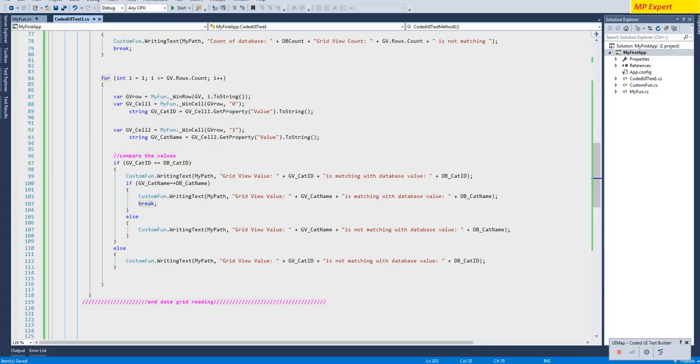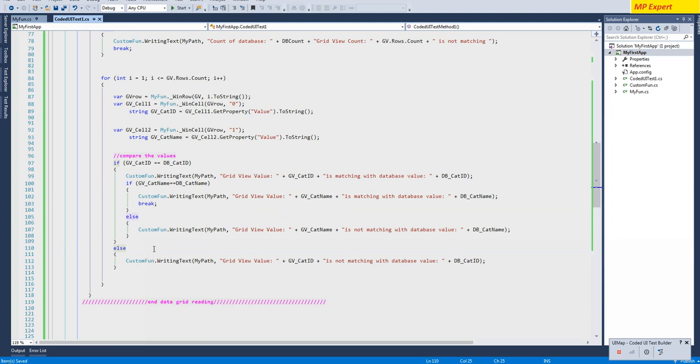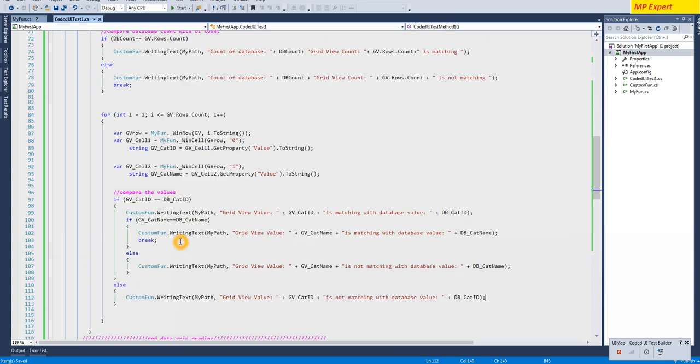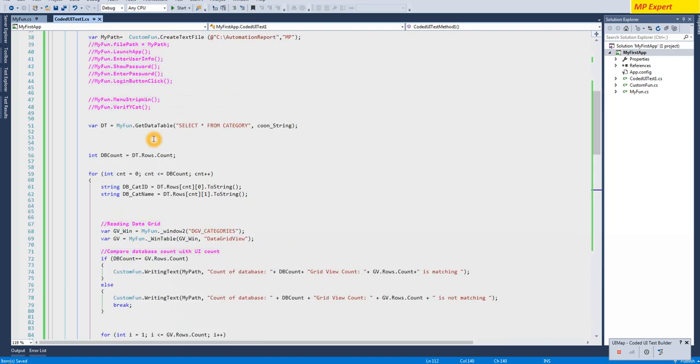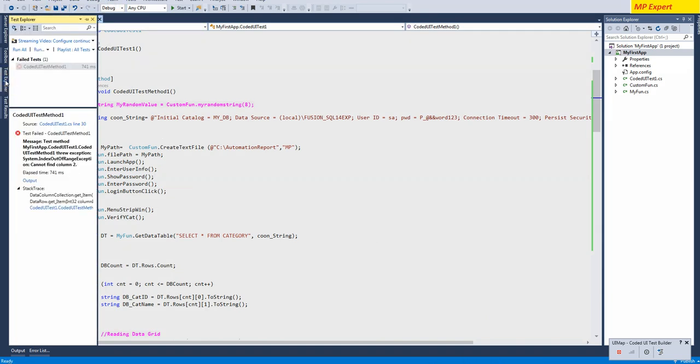So again guys, there can be 1,000 ways of doing this. Maybe I'm not doing it in the best way, but this is the way I'm doing it for myself. So I hope it will work and you guys will like it. So anyways, let's enable it and let's